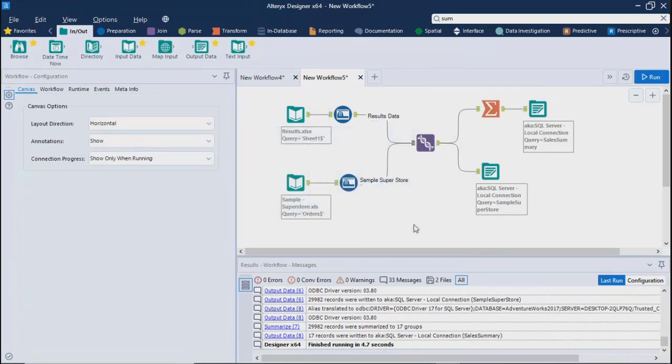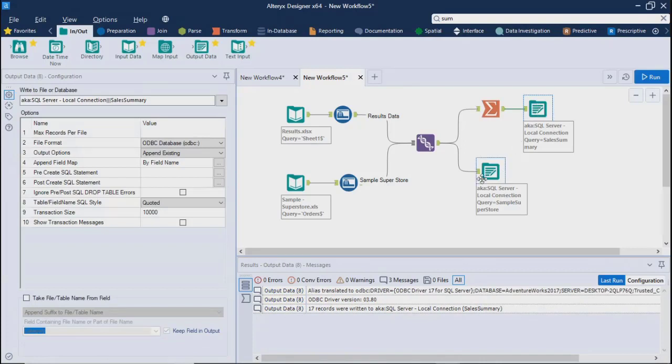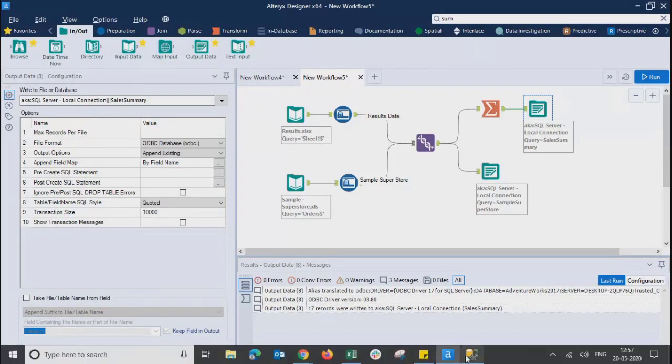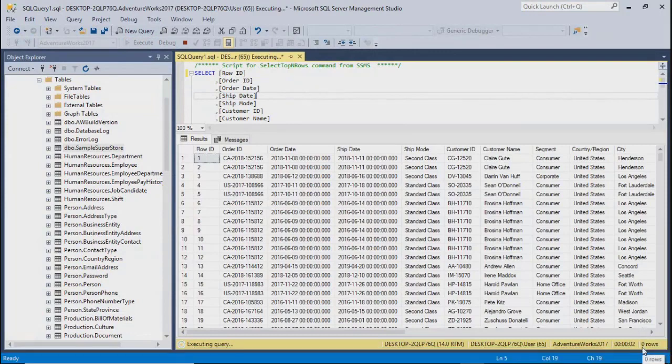Right, here comes my second problem. The problem is, while testing this, I ran this workflow thrice. So the data in my existing table, if you see here, will be around 1 lakh, I think, or maybe more than 1 lakh. Yeah, 1,49,000. Every time the data was getting appended into this table.